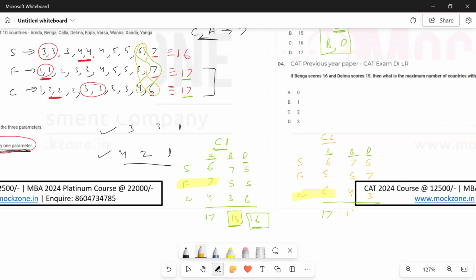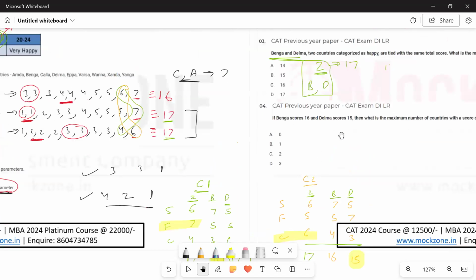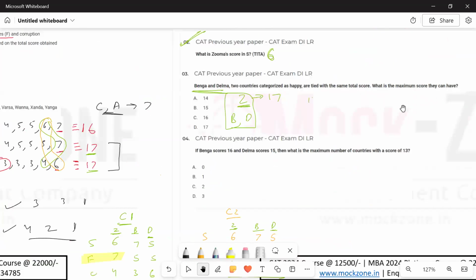9 + 7 16. B का जा रहा है, sorry, और D का कितना जा रहा है maximum? 8 + 7 15. Again, the maximum possible value it can take is 15, not 16, because D 15 तक ही जा पा रहा है in case 2, and in case 1 B 15 तक ही जा पा रहा है. So D has to step down 1 in case 1, and in case 2 B has to step down 1 to match 15. So जो common value आ रही है, जो maximum possible score they can have is what? 15 together.